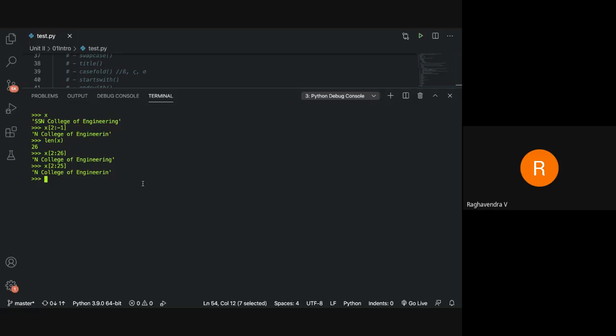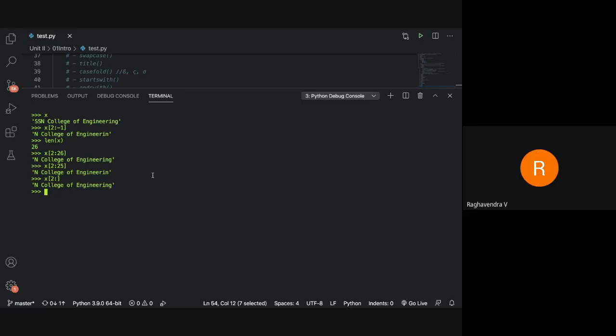2 colon minus 0 is possible, sir? What do you mean by that? Minus 1 means till the end, no, sir. If I want to get G also, is that possible? You want to get G. No, you don't specify anything.